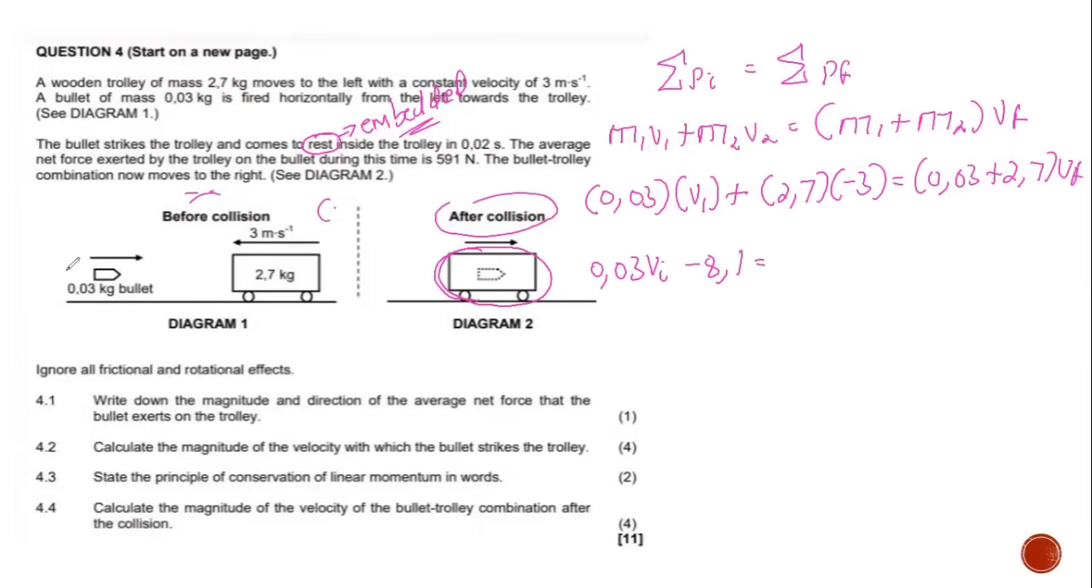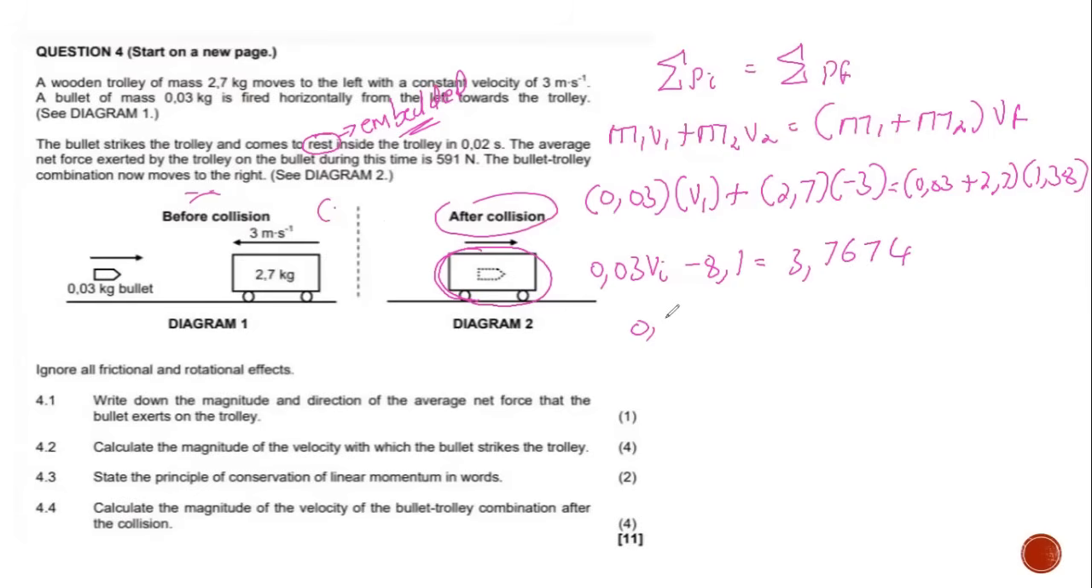So the final velocity, we did calculate this. Why am I not substituting? 0.03 plus 2.7. And then the final velocity is the one that we calculated, 1.38. Right, so 0.03 plus 2.7 will give us 2.73. Then multiply that by 1.38. Then it's